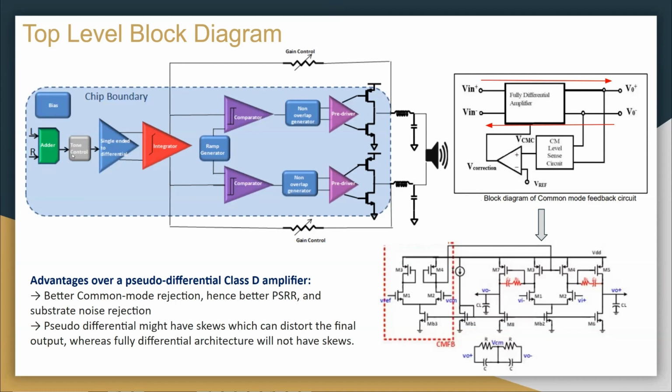Then that signal goes to a tone control, and if the tone control block is active, we can control the frequency response of our chip to the input audio signal. Then we convert the signal from single ended to differential using again a fully differential amplifier, and then that goes to our error amplifier, which is a fully differential integrator. Then the generated differential integrated signal is fed to these comparators, and the other input